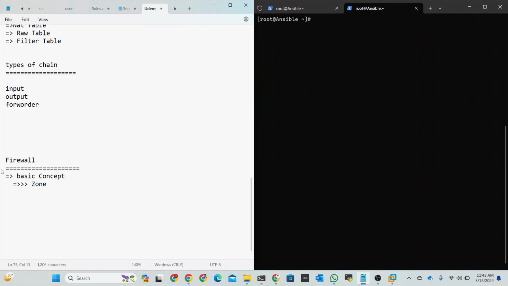The firewalld daemon manages groups of rules using entities called zones. Again, the firewalld daemon manages groups of rules using entities called zones. Zones are basically sets of rules